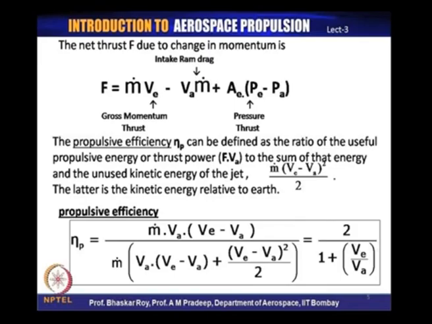Just to explain that the kinetic energy that is going out of the jet, this is often referred to as the kinetic energy relative to the earth, which with reference to the moving aircraft is considered a stationary body. So, the formal definition of the propulsive efficiency can now be written down as, this is the thrust power, which we have written down here,